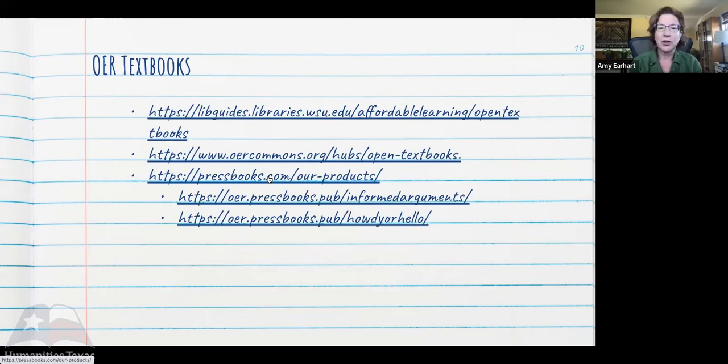OER textbooks are open access, meaning they're free. And they're developed by lots of different entities, but I want to highlight one in particular that's come out of Texas A&M. OER textbooks are something that we've been working with here at Texas A&M within the last 5 years, I'd say. And the idea is that for a lot of students, textbook budgets when you come to college are